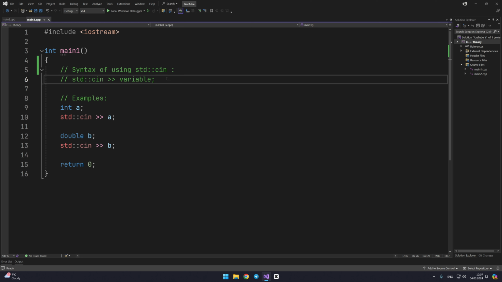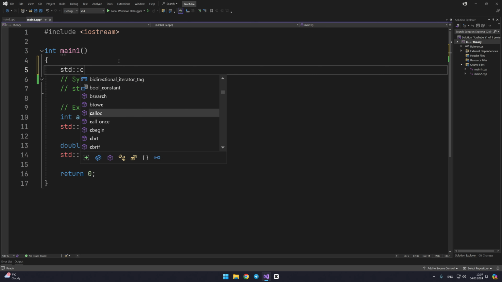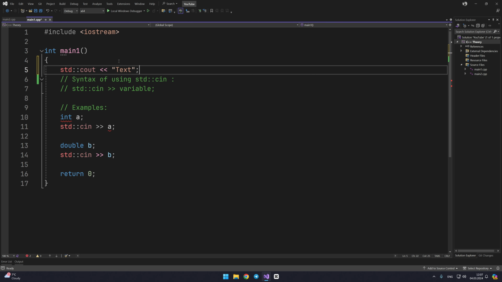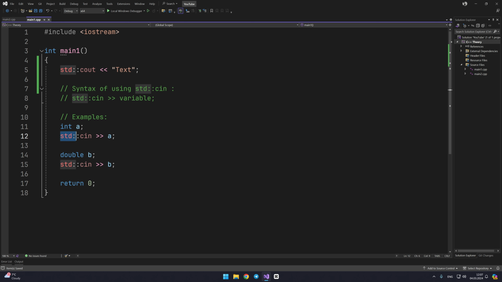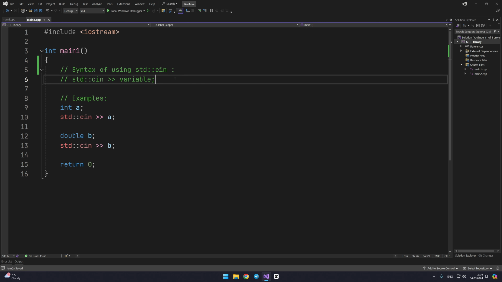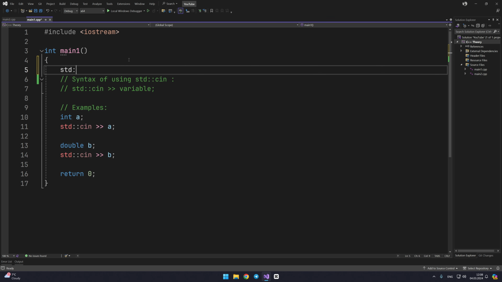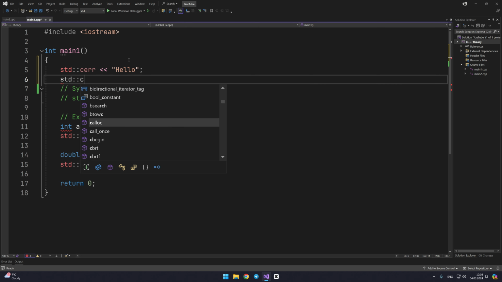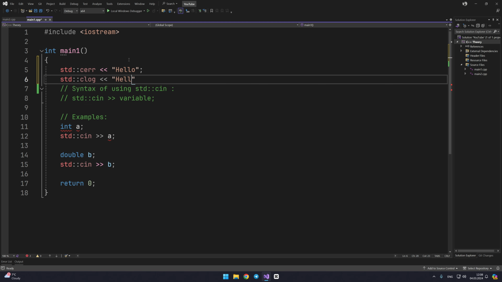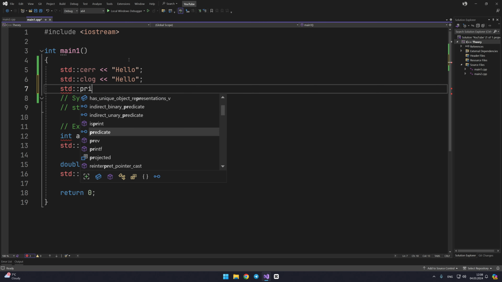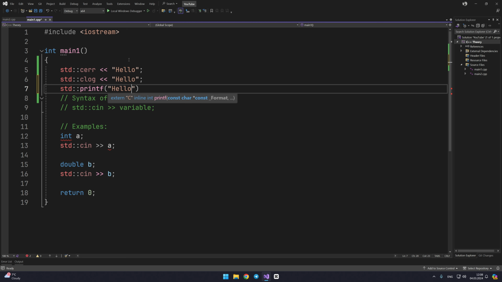You already know that std::cout is a tool that can output information to the console. There's another tool in the iostream file, std::cin. If cout means characters output, then cin means characters input, and it's thanks to it we'll read information from the keyboard. There are also other tools for outputting information such as std::cerr and std::clog, or functions from the C language such as scanf or printf, which we'll look at in the following lessons.